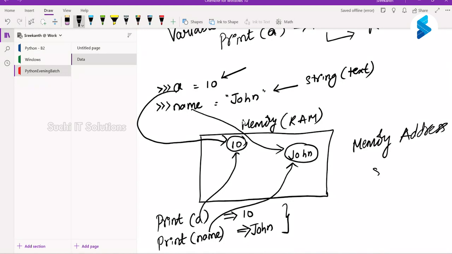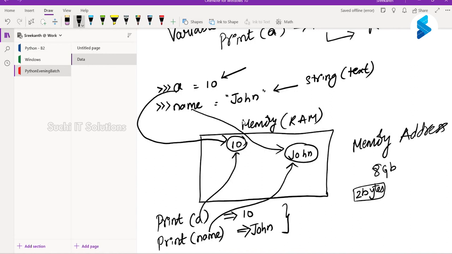Let us say your RAM is 8 GB, and the value 10 is like 2 bytes. In 8 GB, the 2 bytes of information can be stored anywhere. Whenever it is getting stored, it is going to return the address.